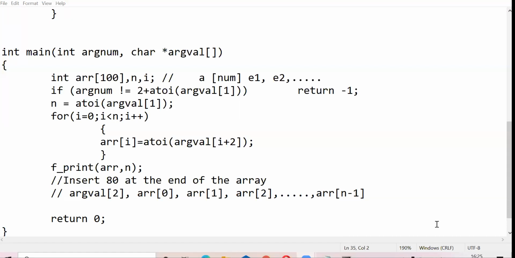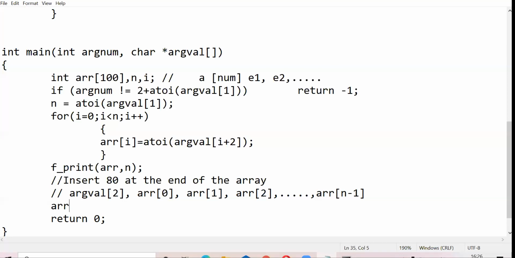Okay. What will ARR of n minus 1 equals 80 do? Please note that I have asked you to insert an element at the end. ARR of n minus 1 is your last element, right? It will be having some value in your array.